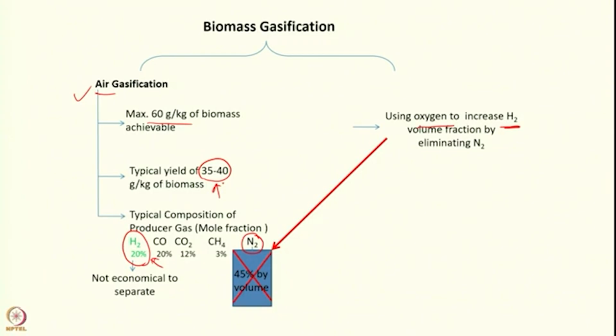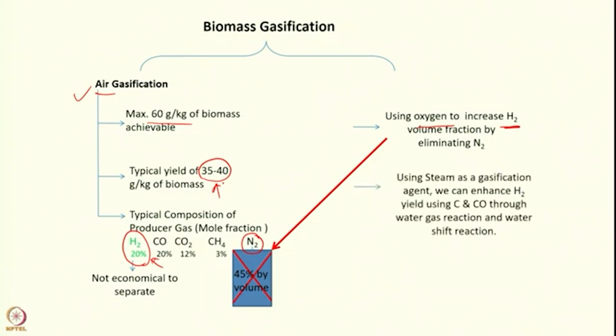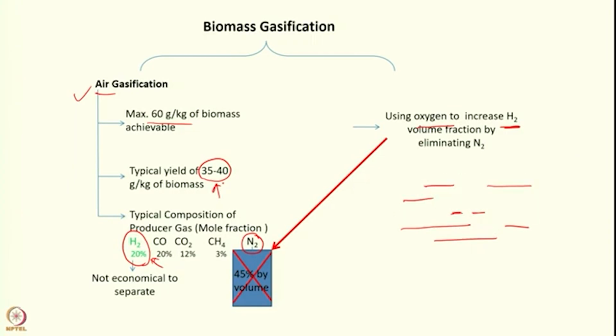If you remove this, automatically the hydrogen volume fraction will go up, approximately doubling. But it will not increase the mass of hydrogen in the product gas, which we can enhance by using steam as a gasification agent. We have seen the reactions of carbon and carbon monoxide, the water gas reaction and the water gas shift reaction. So again, if we look into that,